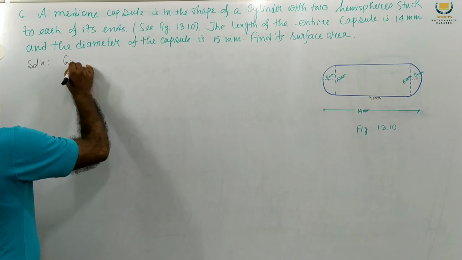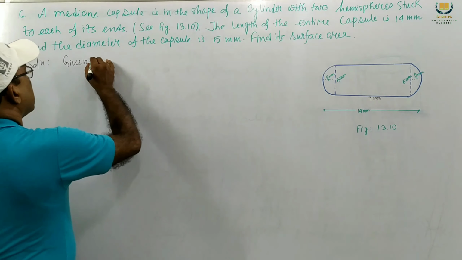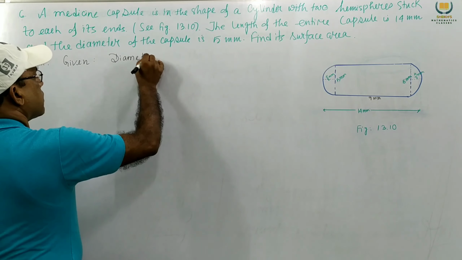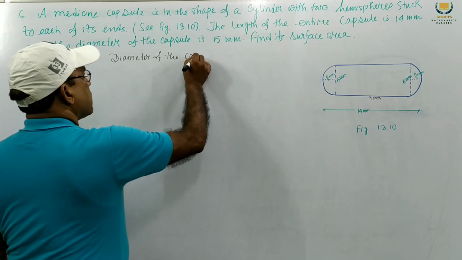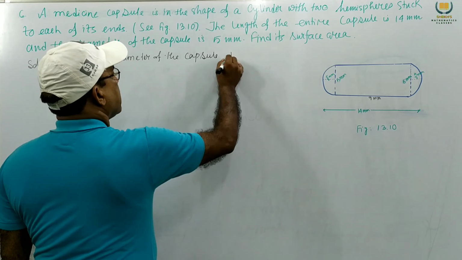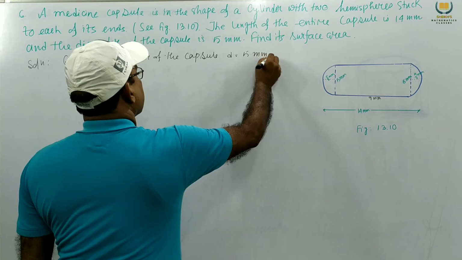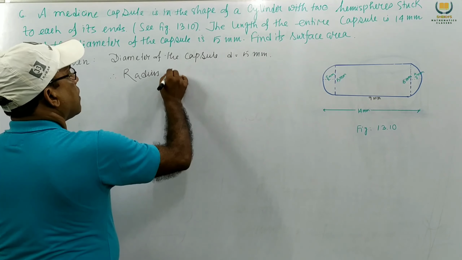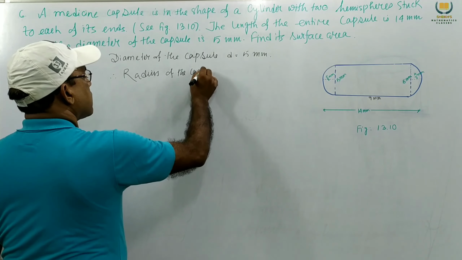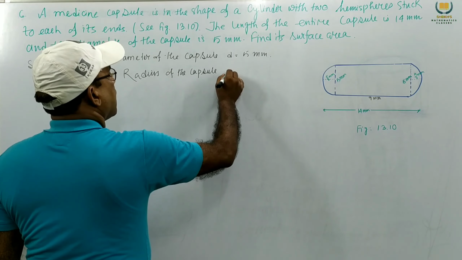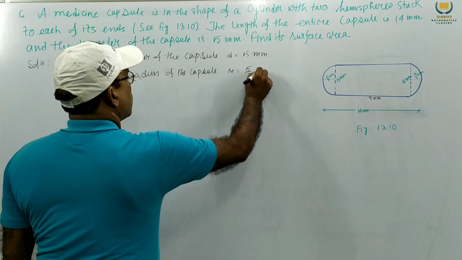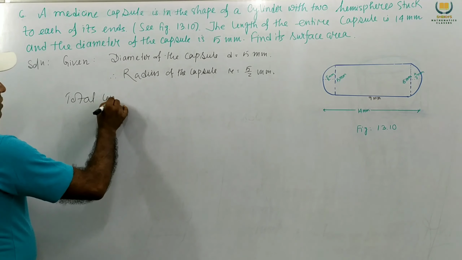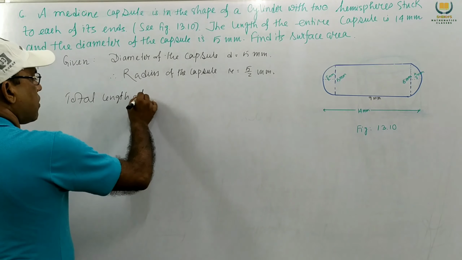Given diameter of the capsule D equal to 5 millimeter, therefore radius of the capsule R equal to 5 by 2 millimeter. Total length of the capsule